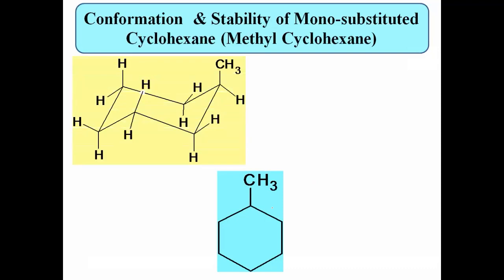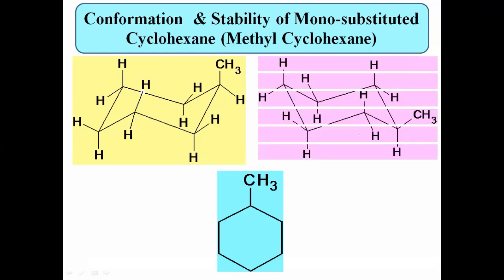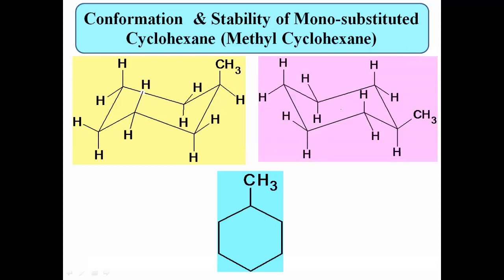Suppose this is the first conformation of methyl cyclohexane. Okay, this is the chair conformation actually. It looks like a chair and here this is the methyl group. Then the second one is again another form of the chair. हा चेअरचा दुसरा फॉर्म आहे. म्हणजे या पहिल्या चेअरला फ्लिपिंग केलं आपण. हा कार्बन कुठे घेतलेला आहे, मी वर घेतला आणि इथला कार्बन जो आहे तो इथं खाली आणला, आपल्याला सेकंड फॉर्म मिळतो. Okay, these are the two different forms of that methyl cyclohexane.